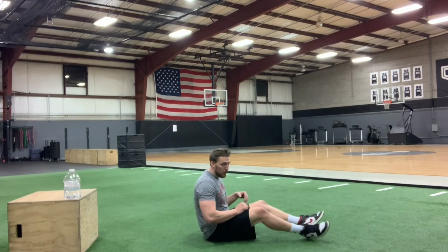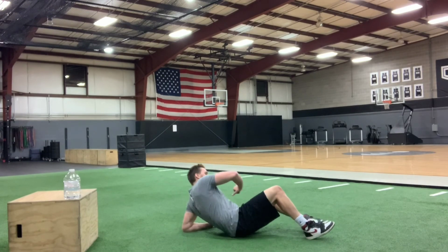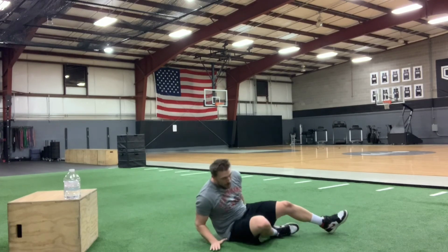And then we're going to go into Streamline, double leg ab press, and then we've got an isometric hold for a leg raise. Here we go. 1, 2, 3, 4, 5, 6, 7, 8, 9, 10. Okay. Here we go, Streamline. Some people call it banana pose. When I was working with swimmers,